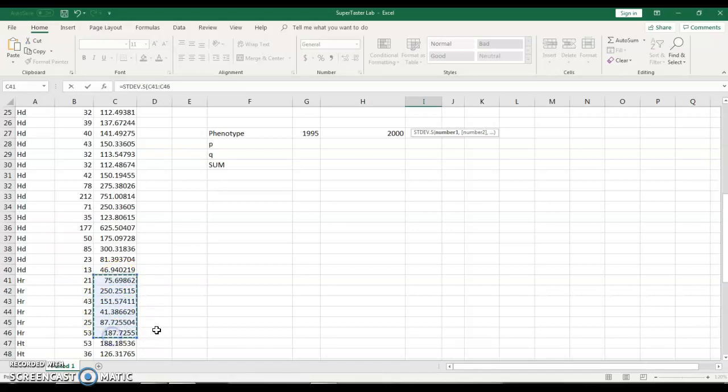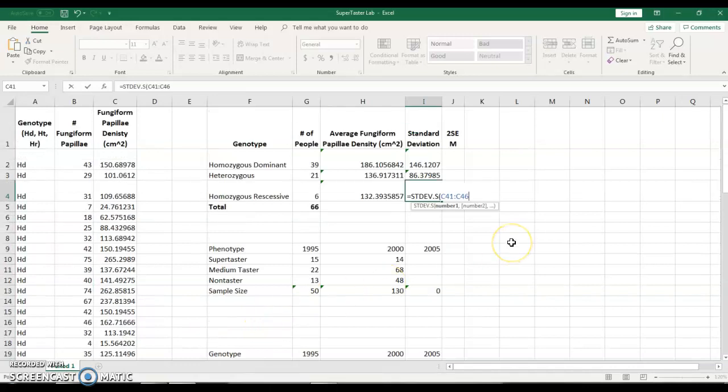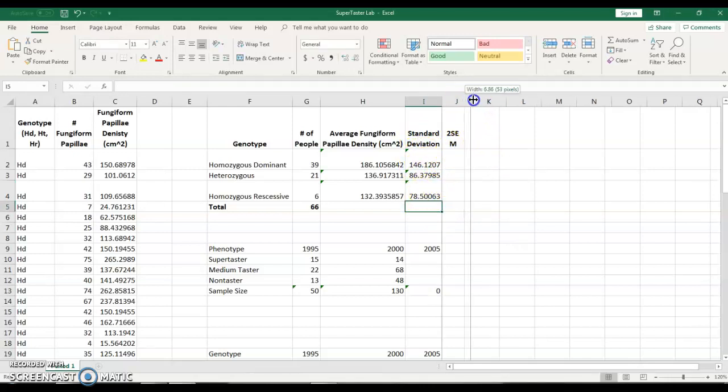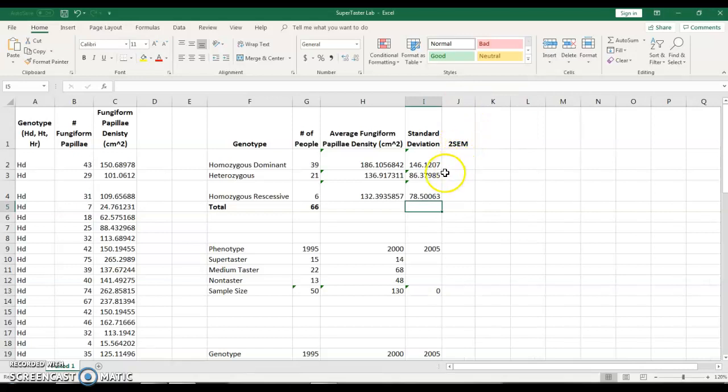I'm going to end the parentheses, hit enter. And so now this is my total for my standard deviation. I'm going to utilize this value for my standard error of the mean column. So the standard deviation column isn't necessarily going on the graph, but it's used so now we can calculate standard error of the mean. So in order to do that, what we're going to do is